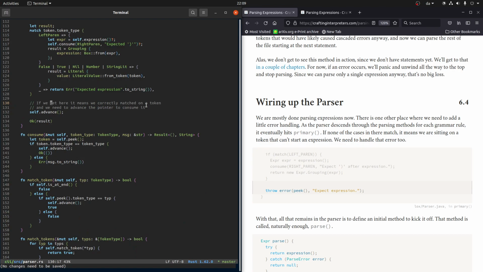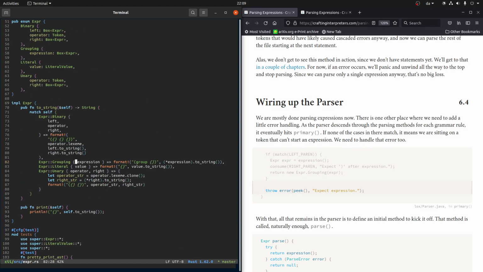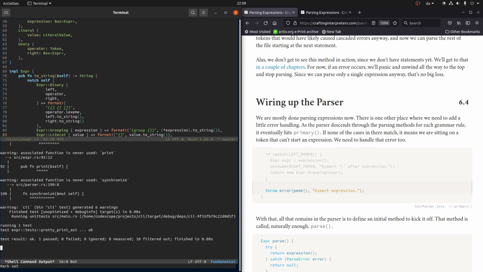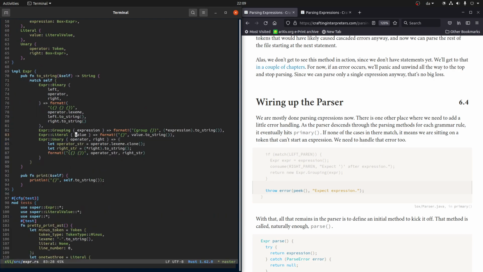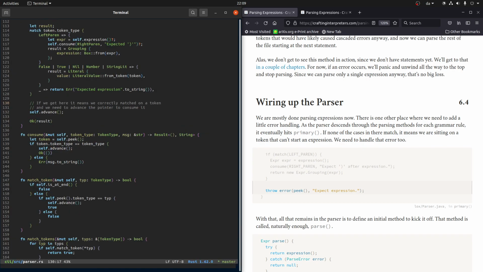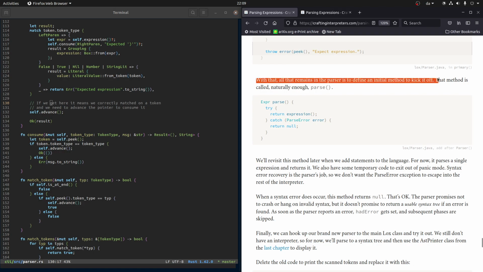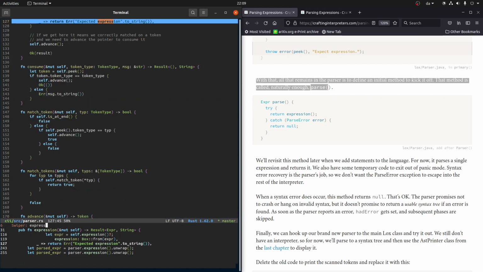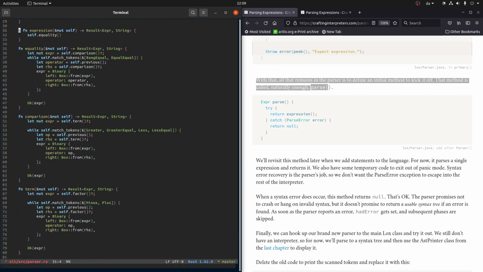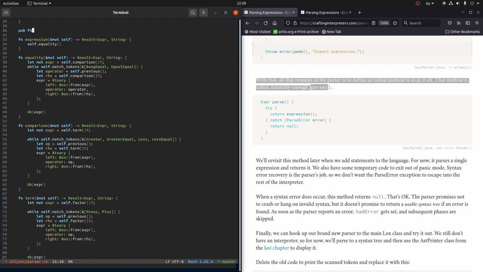Okay. How about in the expression? Shouldn't really have anything to do with it, and it doesn't, so that's good. Okay. With all that, all that remains in the parser is to define an initial method to kick it up. That method is called, naturally enough, parse. I will make this one not public. I will make a parse function. It will return a result type,